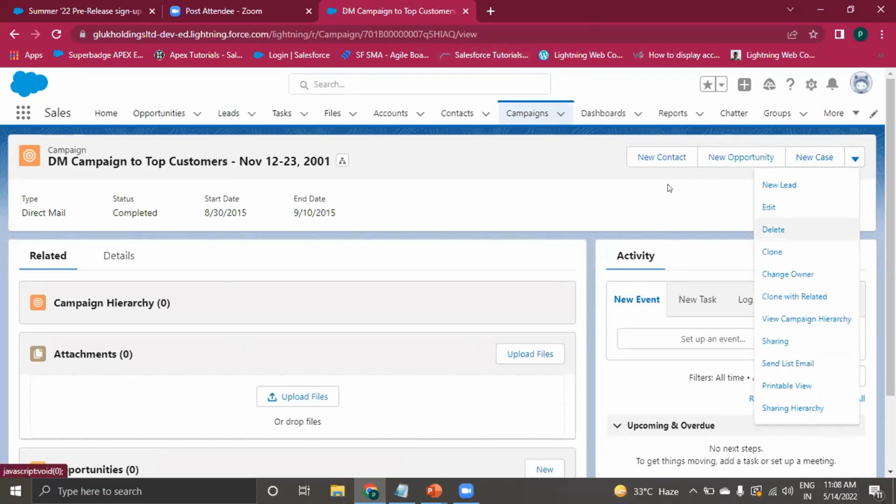Before, this sharing hierarchy option was not available in our developer org. Now in the upcoming 2022 release, we have got these two features. We can directly share our records from here, and we can also share our record by using sharing hierarchy, depending on the roles, like with whom we can share. So this is our first agenda topic, and